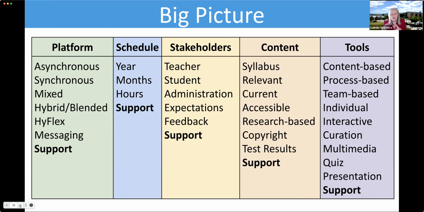So before the course started, I already made students interact with each other and with me, and share their resources and their findings. By the time they came to class, they already saw each other's presentations and each other's communication, and it prepared them to be in an online class. So how is content accessible? Is it research-based? How are issues of copyright followed?